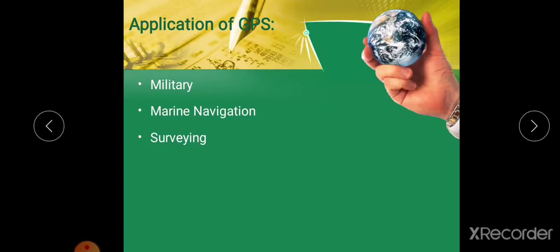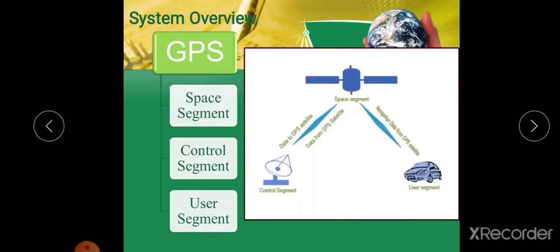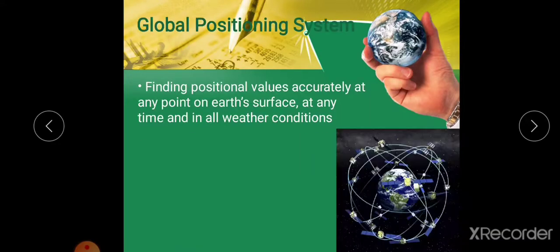So there are many applications of GPS, and nowadays it is also used in vehicles, to track a vehicle, to find the velocity or the speed of any vehicle. Nowadays it is a very common technology, and you may be familiar with the GPS technology in your mobile phone. You can use that technology for traveling purposes. So nowadays it has so many applications. So this is the introduction to GPS technology.